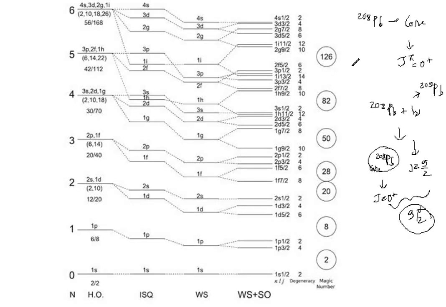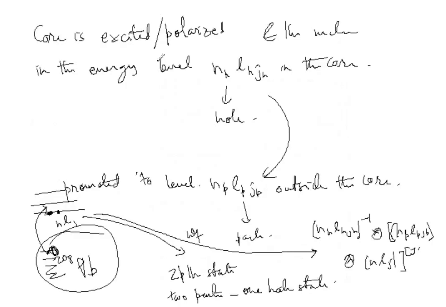So suppose in this case, 127 goes to g9/2, say for example g9/2, then it is possible that this